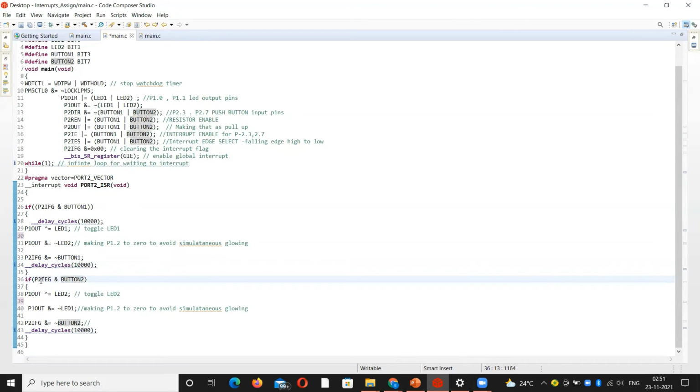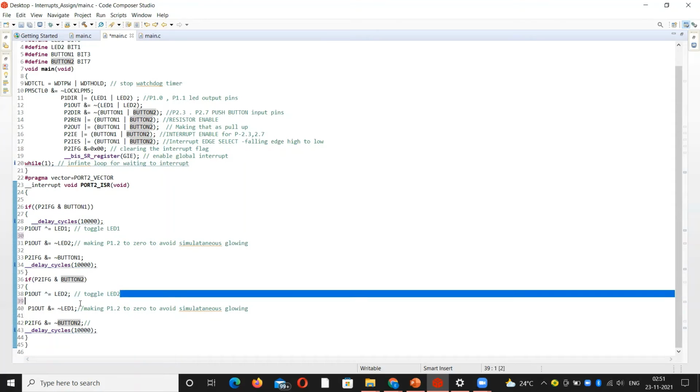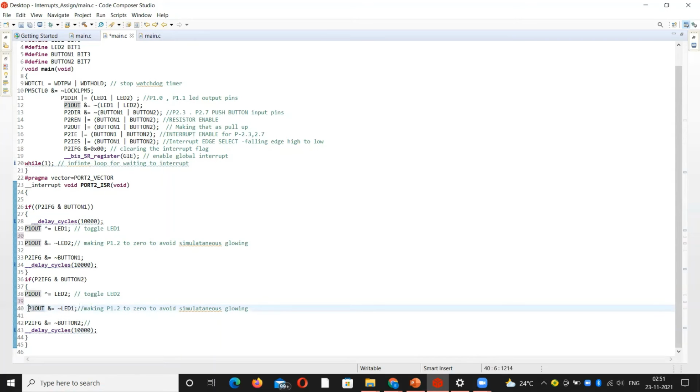Again, same as before, when the P2.7 push button is pressed, which serves as the interrupt, we will toggle the P1.1 LED. Same as before, P1.0 would be set to 0, and again the particular interrupt flag is cleared. So let us execute and verify it.